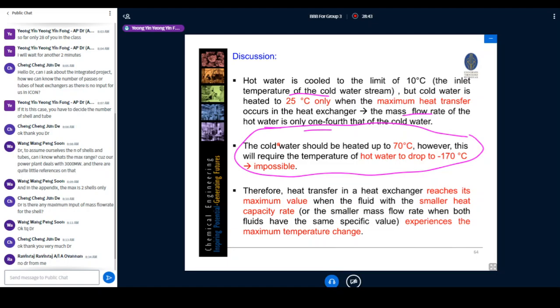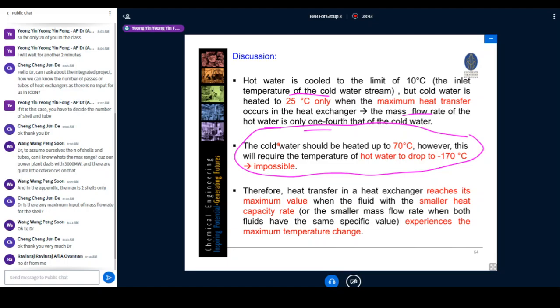It is equal to this, isn't it? So this amount of heat transfer rate is required for the